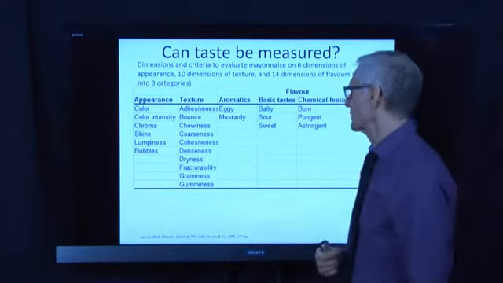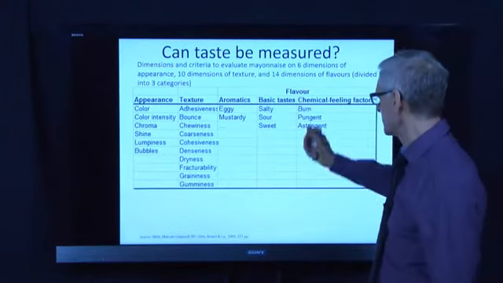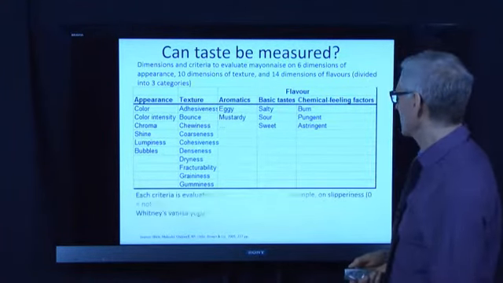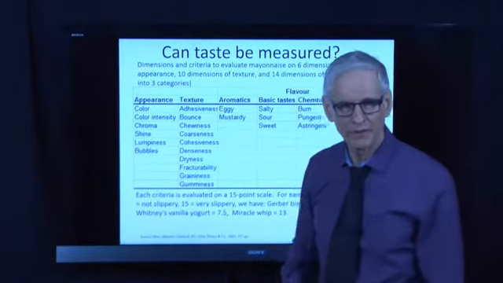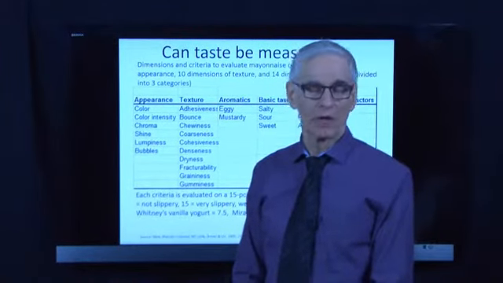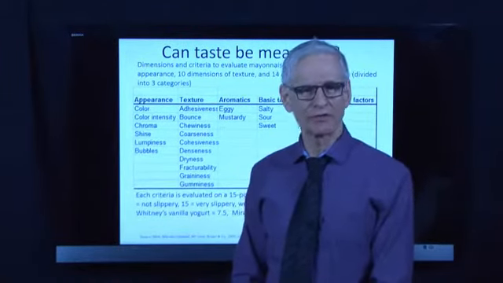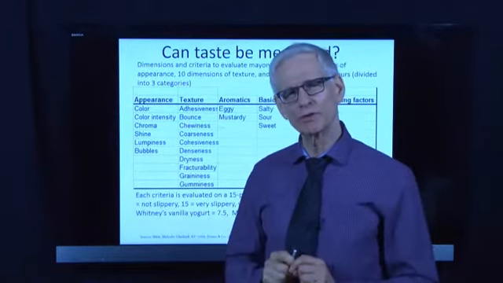Appearance, here's a number of variables. Aromatics, basic taste, salty, sour, sweet. And these can all be measured, each on a 15-point criteria. Can you believe that? When I first saw the way they did this, at first I couldn't. That sounds hard. And you need it to be repeatable and reproducible.